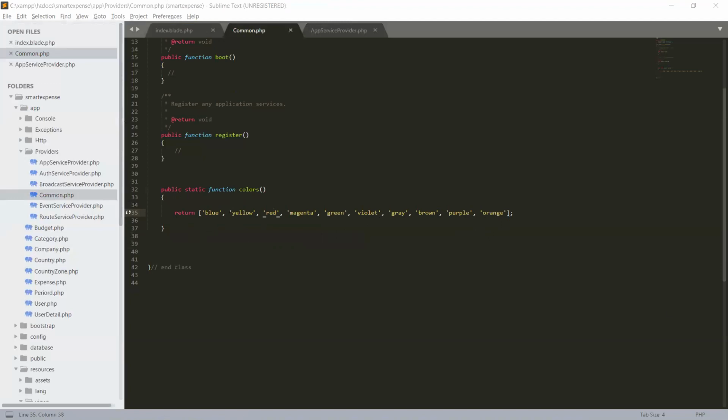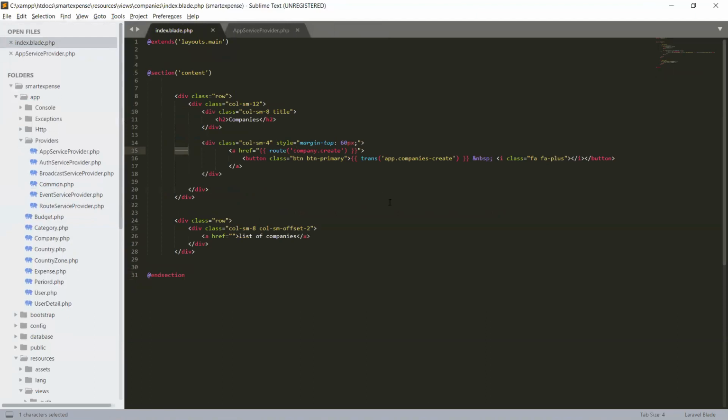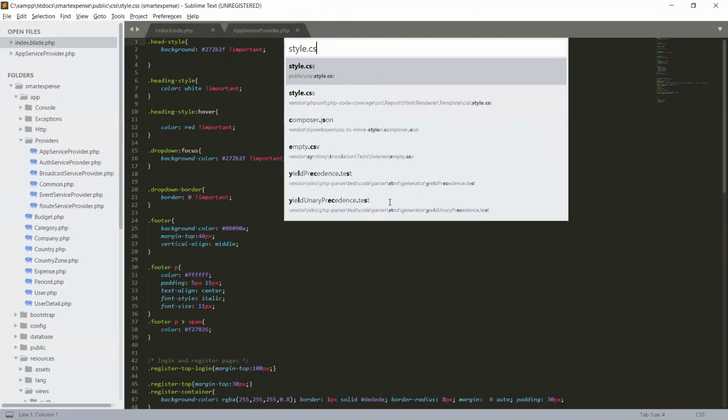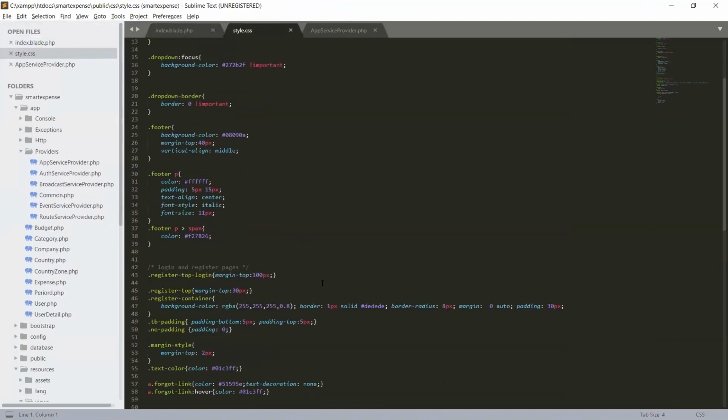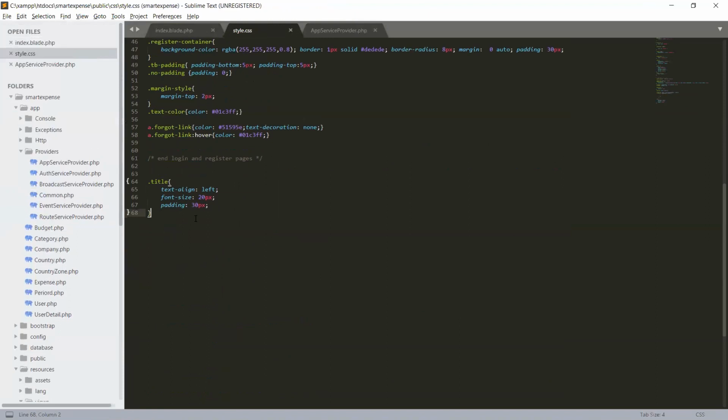Okay, when we use the date function, we will create that date function here. That function will be required in our common file. So let's close it, and let's open our style.css, and we will require CSS in our application. For the background color and the border color, we will create CSS. It's very simple and easy. So I will copy the code for CSS and will explain it shortly.